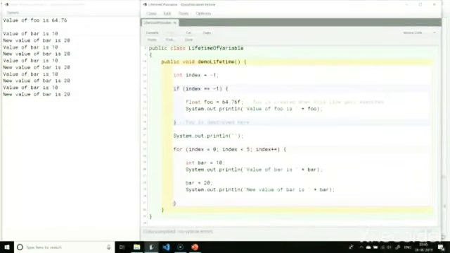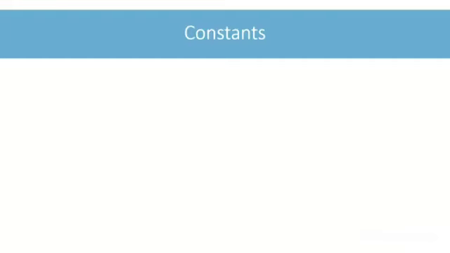This completes our discussion of scope and lifetime of variables. I hope these lessons were helpful to you in understanding variables in Java. Next, we will look at constants. We looked at variables in depth and understood how we can work with them in our programs. Many times in our programs, we come across situations where we need to assign a name to a constant value. Unlike variables, we need a guarantee that these values should not change during the execution of the program.